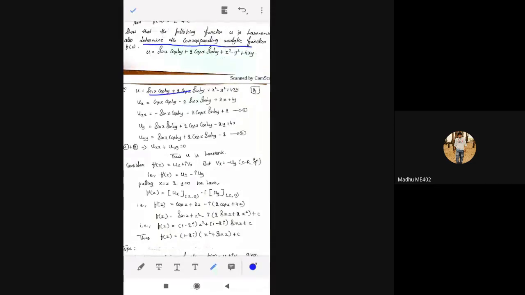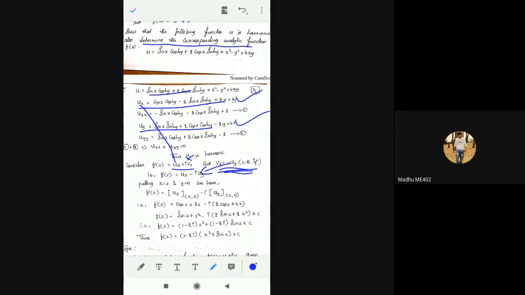So already it is there. Here and here, see this one and this one, with respect to only one-time partial differentiation we got there. And as you know, before, f dash of z is ux plus i vx. Now, with the help of CR equations, we need to change vx to minus uy. Why? We know only the ux value, we don't know vx. So with the CR equations, vx is equal to minus uy. We substituted there, so it becomes f dash of z is equal to ux minus i into uy.